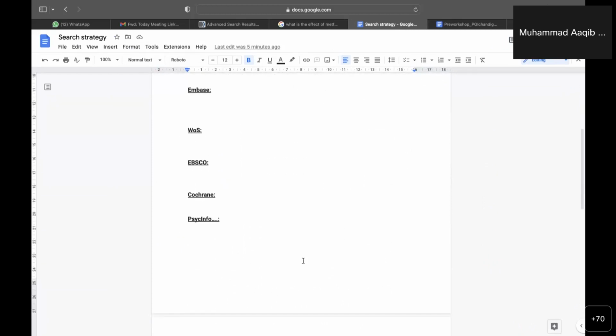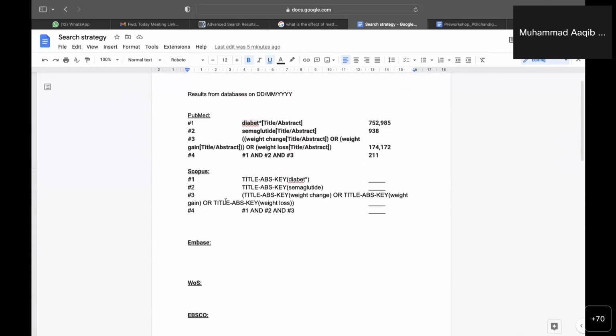Now there was one doubt, I guess, on MeSH. Someone had asked whether we should include MeSH or not. Yes, according to PRISMA guidelines, it's preferred. We should include MeSH in our search terms also. So MeSH is Medline's method of indexing the search results. What happens is that